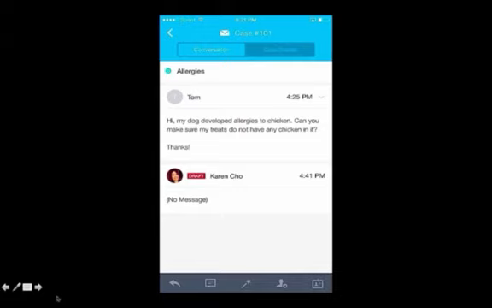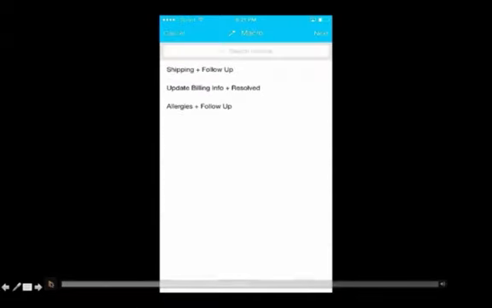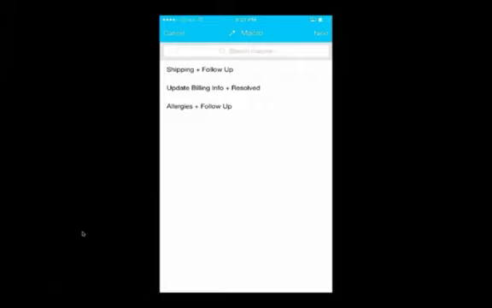Okay, I'm going to show you what happens if you click on that little magic wand. So I just chose to apply a macro. So these are our macros, and we know you probably have a ton of macros. Obviously, we only have 3 here in this example, but this is why we put in a search macros option